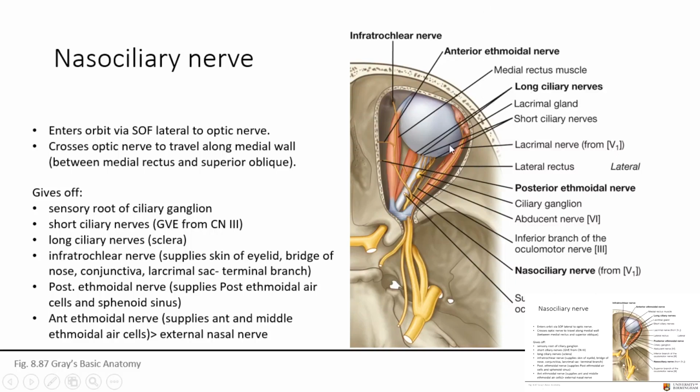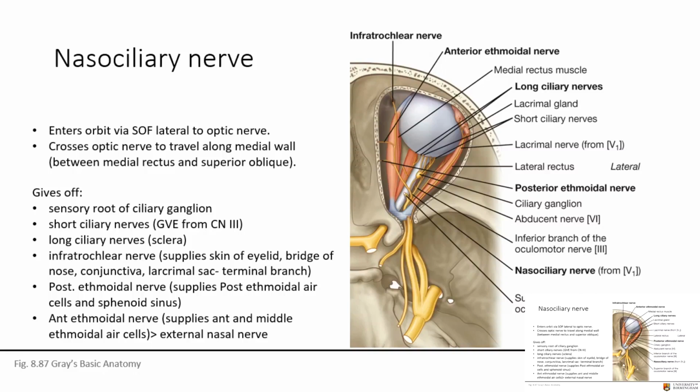Now this web of networks of nerves here, so the nasociliary nerve gives a sensory route to the ciliary ganglion. So that is essentially providing a general somatic afferent that can be distributed then with the ciliary nerve. So there is a long ciliary nerve that comes off the nasociliary after it has passed the optic nerve, and